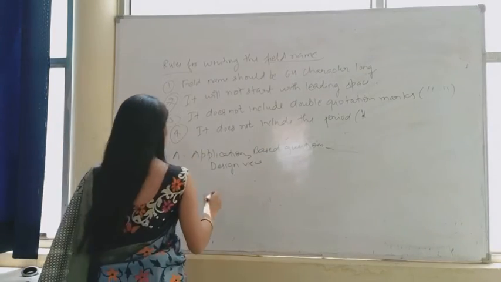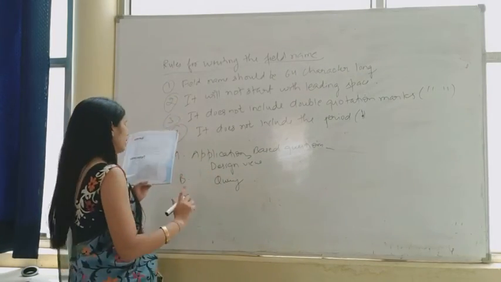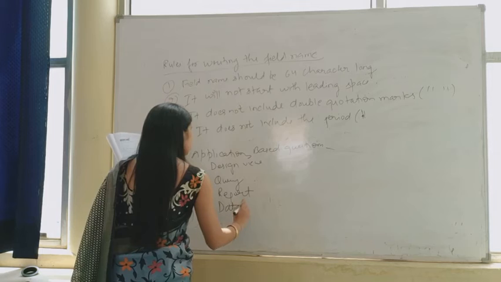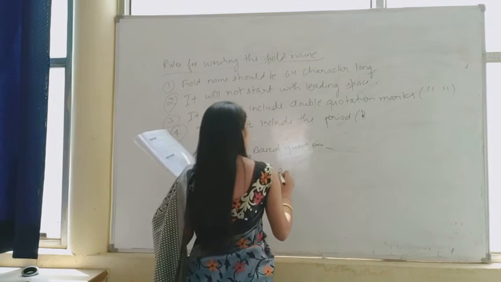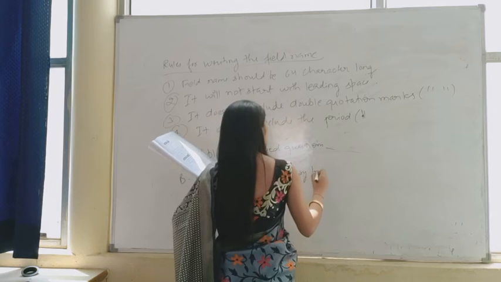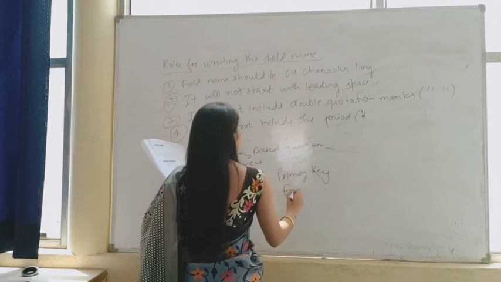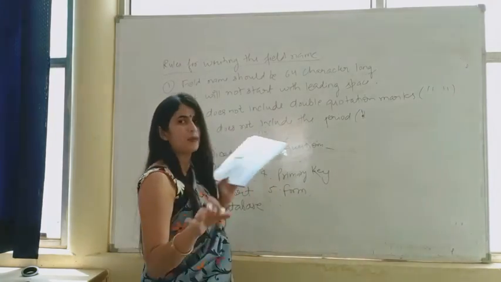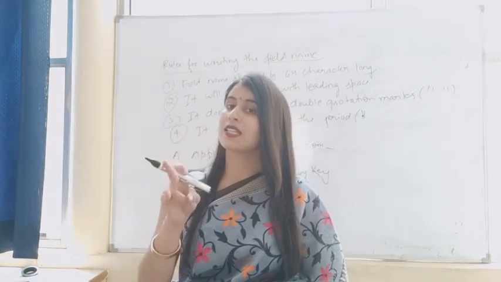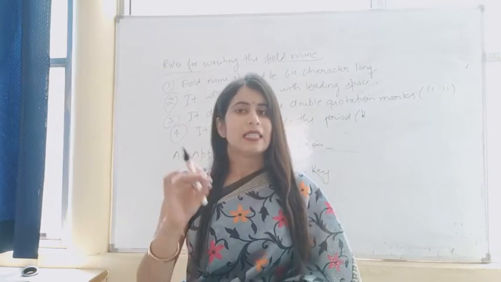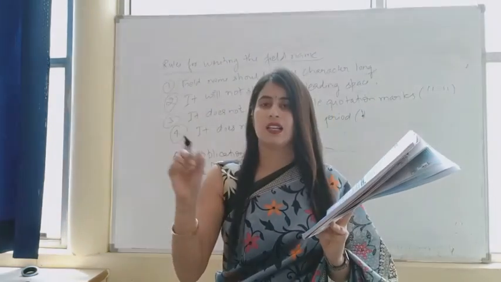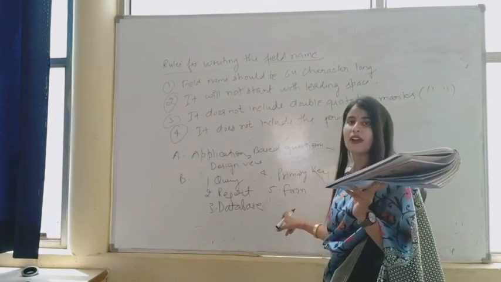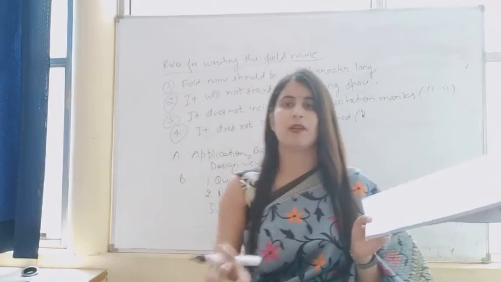Okay, the first one is query. You will find query in it, report, you will find database, this also you will find primary key, this also you will find form. We have to find 6, and I helped you to find 5 terms. The last term you have to find. Okay, so in this grid you have to circle the terms of MS Access. So 5 terms I have written here. You will find these 5 terms and the 6th term you will find by yourself.